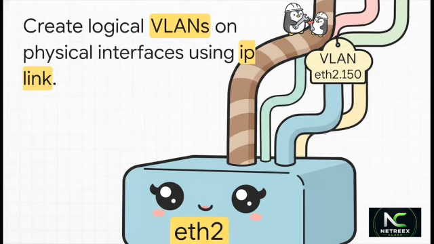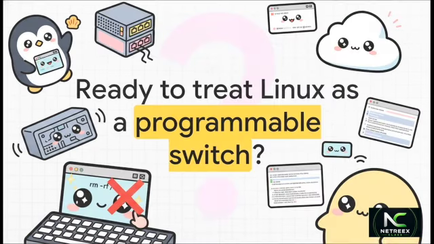Did you know a Linux box can act just like a software-defined switch? It's true. You can easily spin up logical VLAN subinterfaces right on top of physical ports. For instance, if you have a physical interface eth2, you can use the ip link add command to define a logical link named eth2.150, specifically tagged for VLAN 150. But remember the golden practical networking rule here. For this to actually work, the upstream switch port it's plugged into must be configured as an 802.1q trunk and explicitly allow VLAN 150.